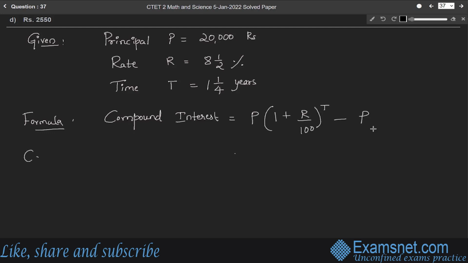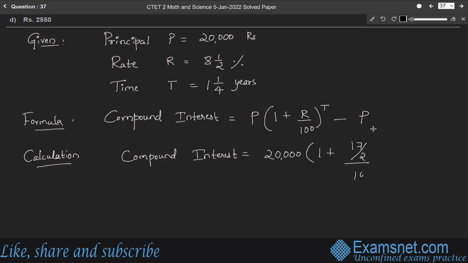Therefore, calculation. Compound interest is equal to P is 20,000 rupees into 1 plus rate of interest 8.5%, which is 17 by 2 divided by 100, to the power of T, which is 1.25 years, which is 5 by 4, minus